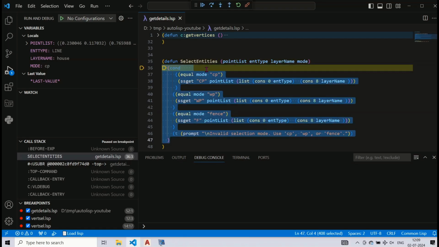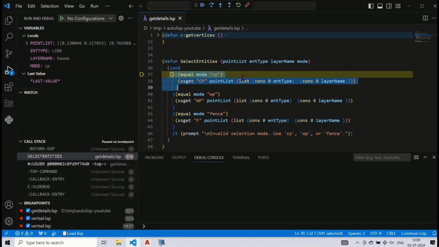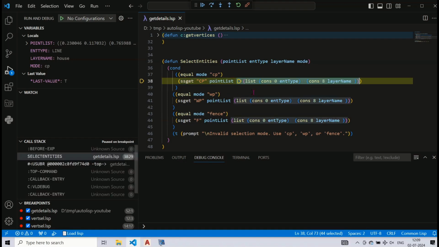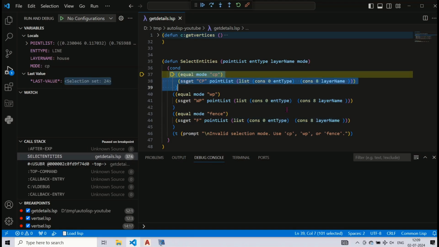The yellow marker tells us where we currently are. Values of local variables in the current code block are displayed in the locals area at the left. The output of the current expression executing is displayed as the last value.